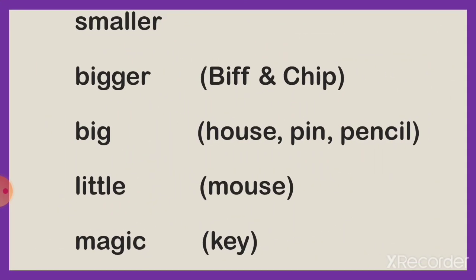In this story, we have read these words. They are smaller, bigger, big, little, and magic. These are adjectives. And you know, adjectives tell us more about nouns. Or you can say adjectives are the describing words. They describe the nouns. In this story, the words smaller and bigger are used for Biff and Chip,